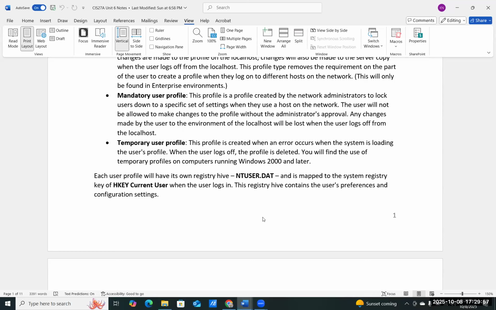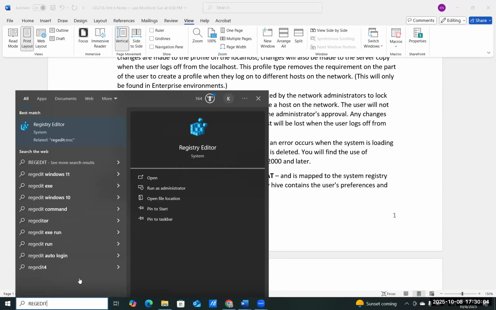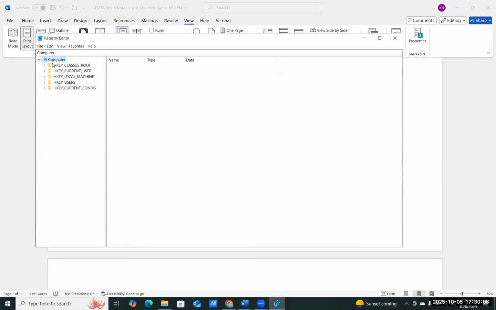So how do I access the registry? In a Windows environment, you can simply use regedit, right? And if you have permissions to do that, your user accounts would be under HKEY_CURRENT_USER, right? And if you want additional information, you can also go into your users here. What it does is it gives you the hive, and you would then follow the trail for